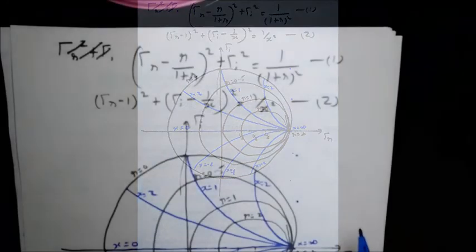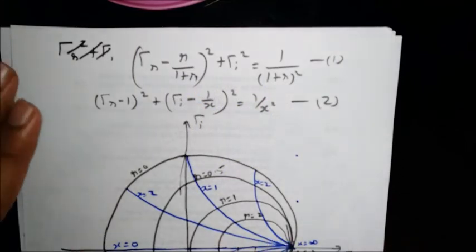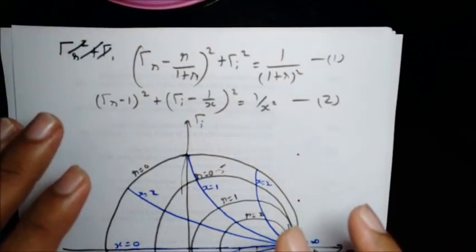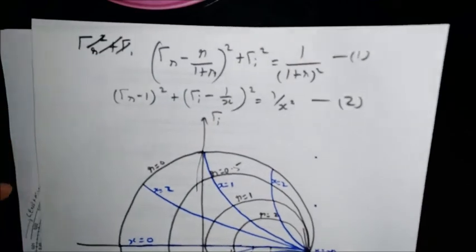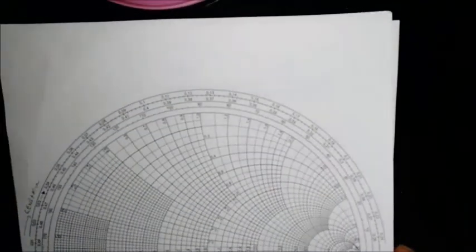Right. Now, we cannot go on drawing this because eventually we will run out of patience doing this. So this is only to show what a Smith chart is or how it is derived, how we arrive at it. An actual Smith chart, a useful Smith chart, will look somewhat like this.